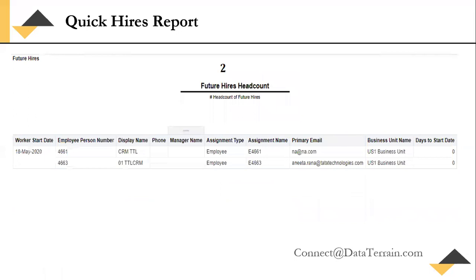The next report is the quick hires report. As I explained previously, this covers people who have been hired and would have joined work, but due to this crisis are not able to join. Such employees are displayed here. If a manager is assigned, the manager name will be displayed. No manager is assigned yet for them, so it's not displaying anything. Only their email address is available, so we can contact them through email or phone number, whatever data is available, and inform them about the next procedures or the new joining date.